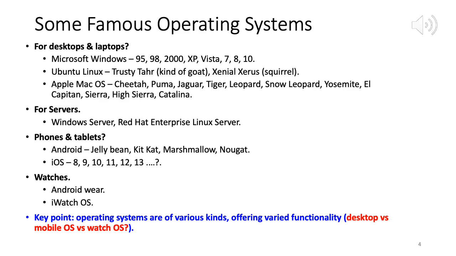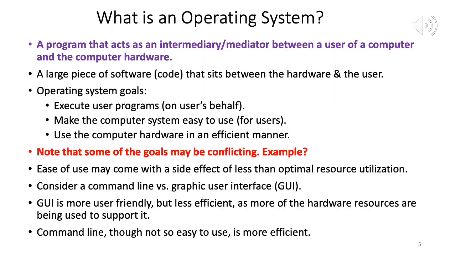For watch, even more so, its hardware is even less capable, and so you cannot implement very sophisticated algorithms on that. At the same time, the functionalities can be different. What you need from a desktop OS is different from what you need from a mobile OS. That is different from what you need from a watch OS, right? So for example, for a watch OS, the main functionality could be to just sort of mirror whatever is being displayed on the mobile phone, right? So again, depending on the scenario, we have a different kind of OS. So more details we'll of course be looking at later.